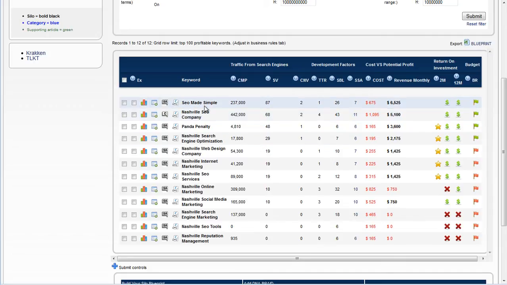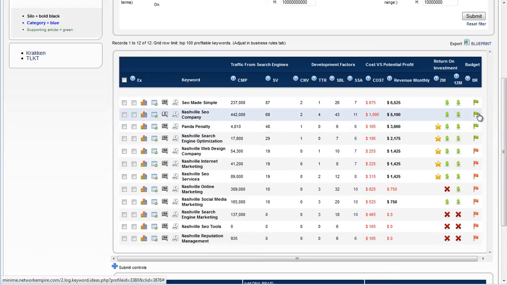Because I don't know if you noticed, but this actually didn't change the order of these keywords. The order of the keywords is going to stay the same. The most profitable keywords are going to float to the top, whether they meet your business rules or not. But if it makes you feel better, the thing that's interesting to me is that I started off with 0.5%, and I'm now at 10%, and it took that much in order to flip these few flags green.